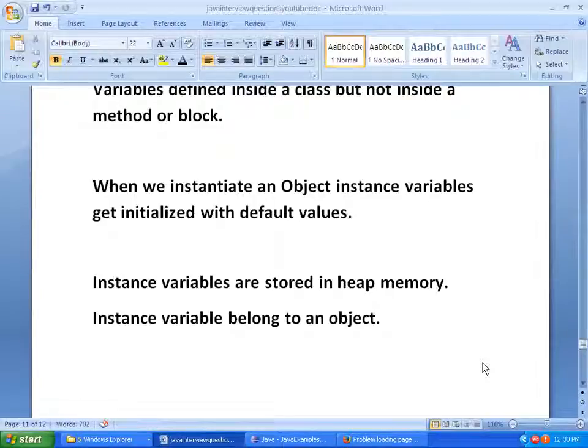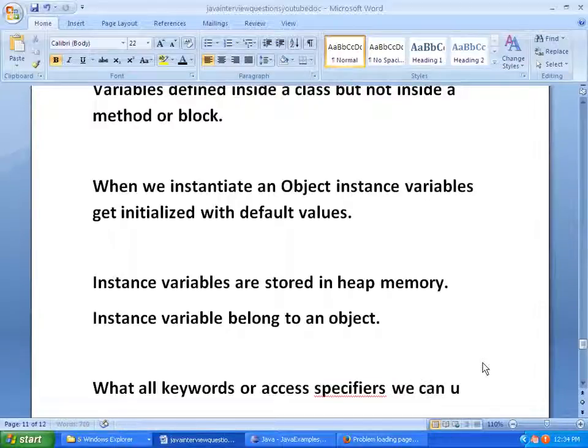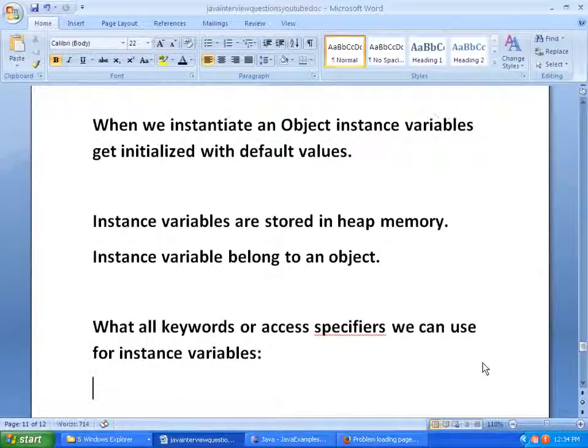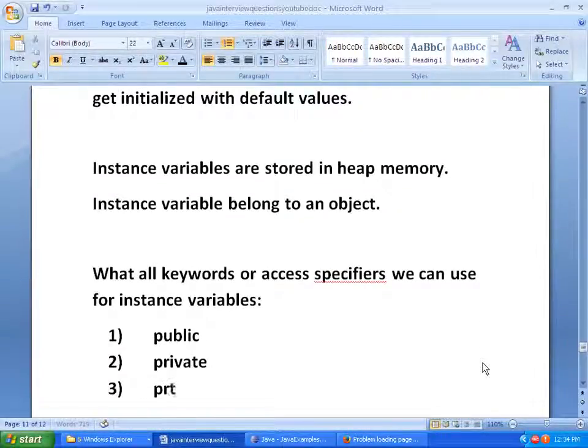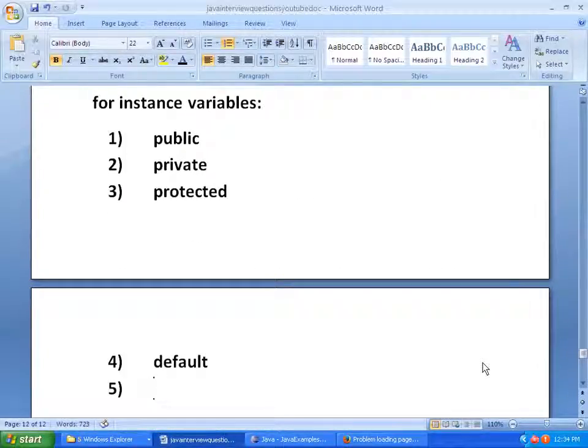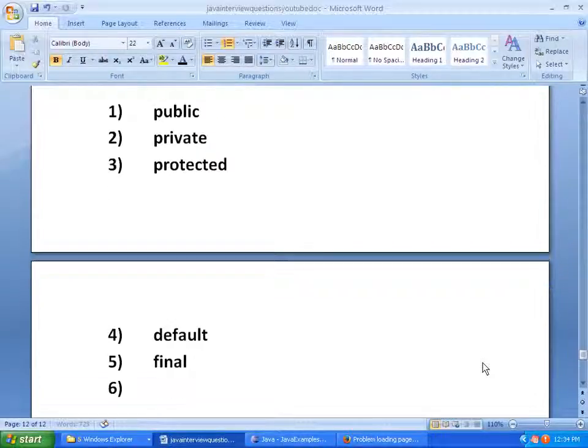So next, what keywords or access specifiers can we use for instance variables? We can use public, private, protected, default, final,